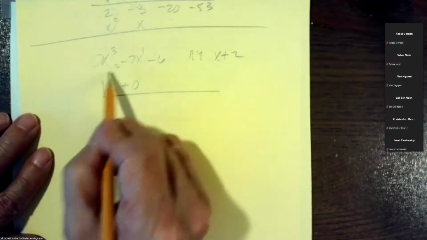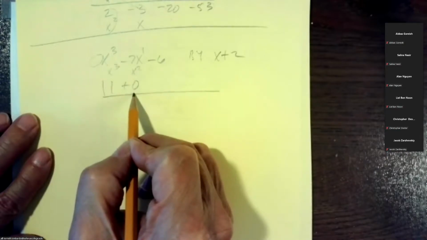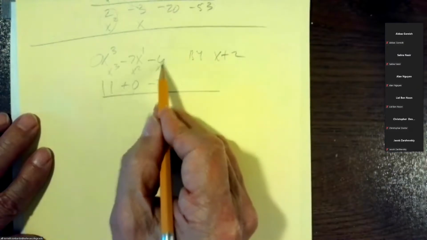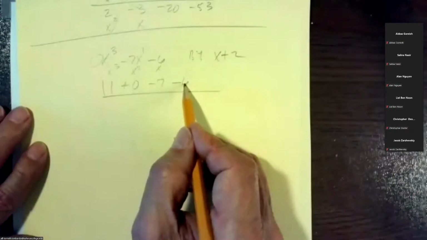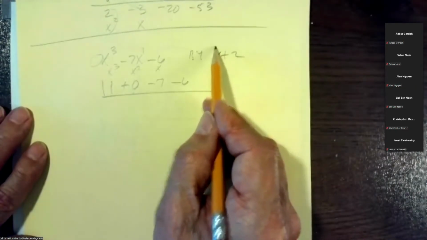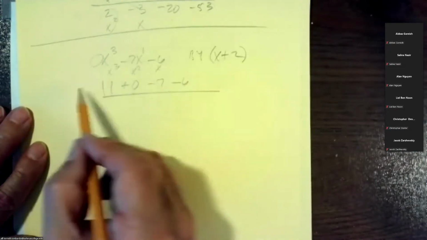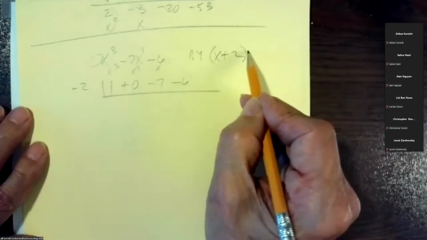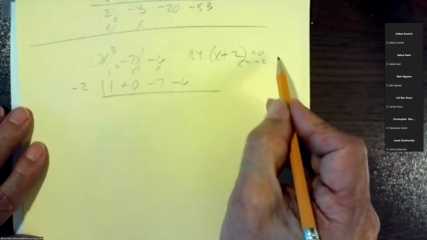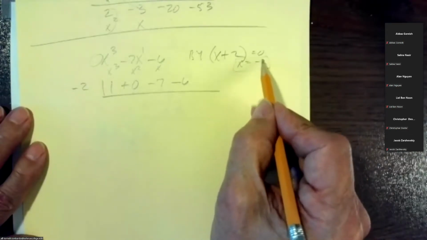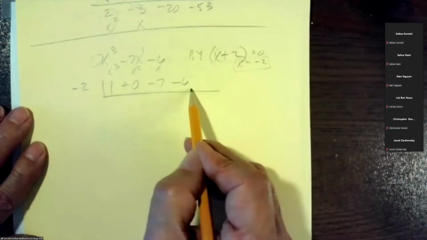So this is the x cubed position. This is the x squared position. There's just a placeholder. -7 is the x to the first position. And then -6 is the constant. And if we're going to divide that by this factor, when we're doing synthetic division, we're going to divide by -2, because x plus 2, setting that equal to 0 and solving for x, we get x equals -2. So here's the solution of x, here's the factor. So let's divide this -2 synthetically